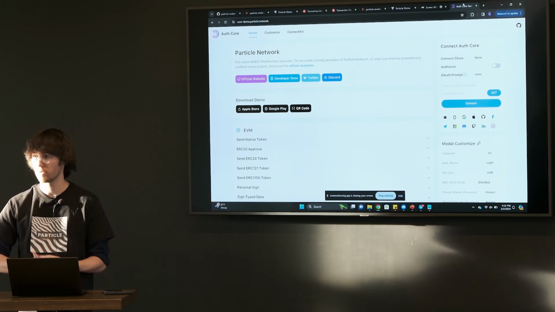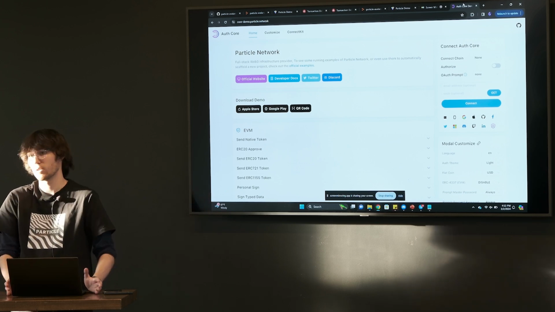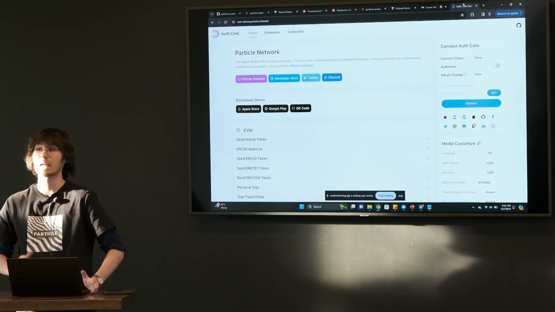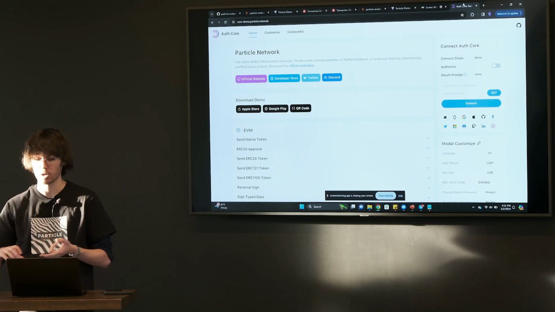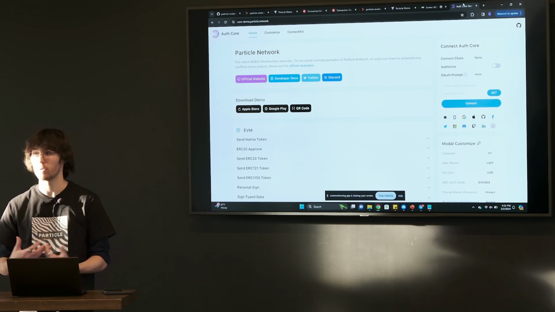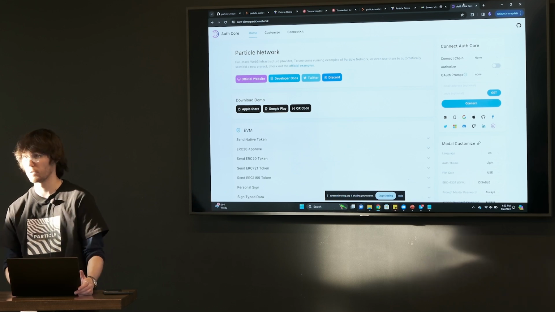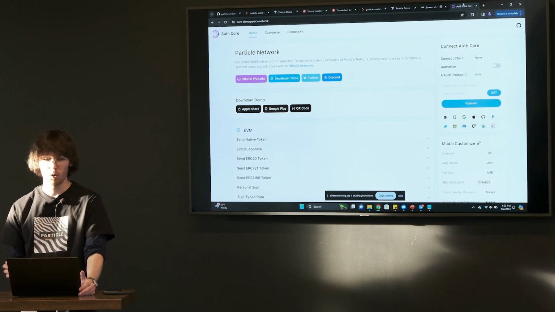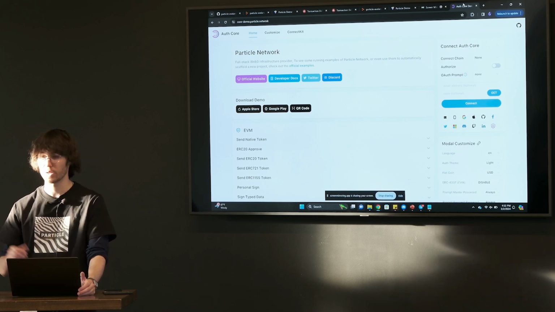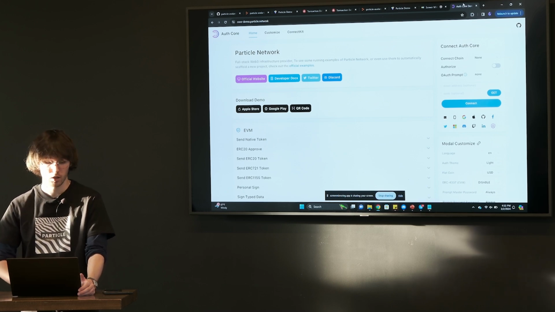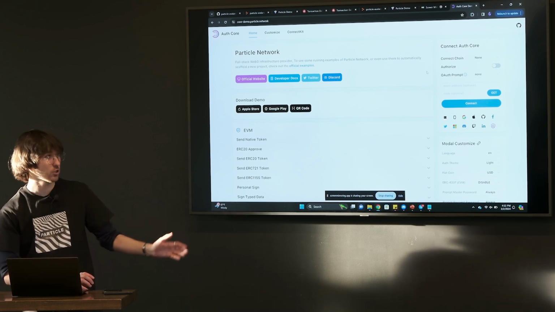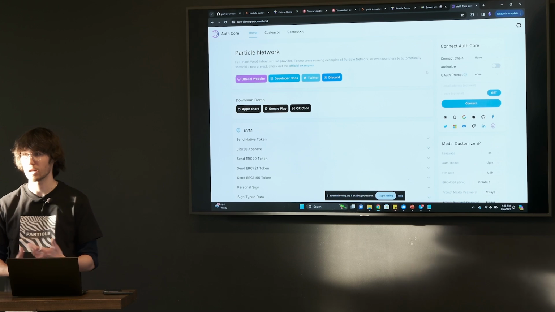Then you start using the application, super simple, and it's almost Web 2 at that point. You've abstracted away like 99% of the complexity. Onboarding is easy, interaction is easy, there's no friction when moving across chains. This is the experience that we're trying to build towards. Right now, our main product is social logins, but that's going to extend into this chain abstraction idea very soon. So if you want to play around with social logins and try it for yourself,